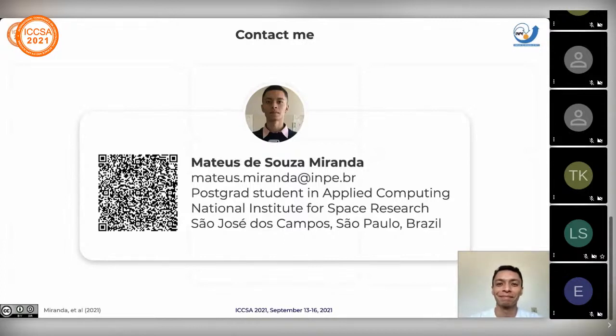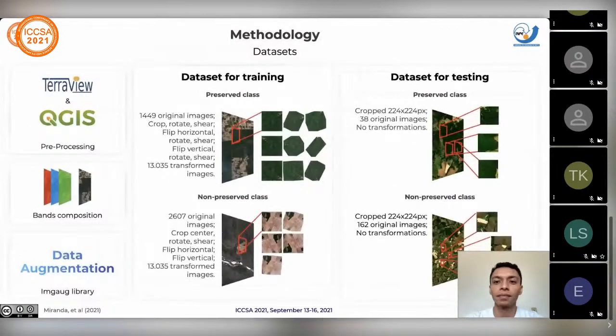Mateus, I noticed that when you train the network, you use a lot of alterations and variations on the image. You flip that, shear that, rotate that. And so you create a lot of samples. Yes, exactly like that. Do you have any idea on the impact of this augmentation on the final result? For example, how would the results behave if you didn't do all the variations? You just used the image without transformation?